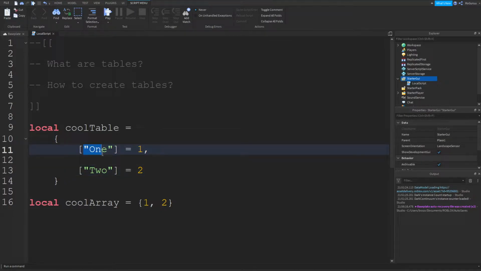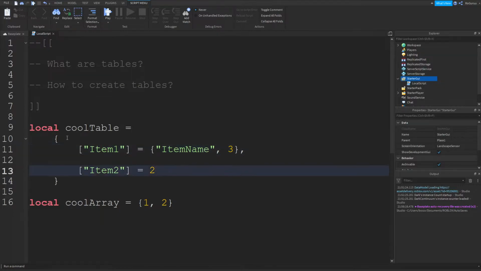This is very convenient because, for example, you have item 1 and you have item 2, and they store information like item name, and then item amount, and so on. You usually use a combination of arrays and tables to do things such as inventories, but we're going to keep it simple. Let's just call this 1 and call this 2.